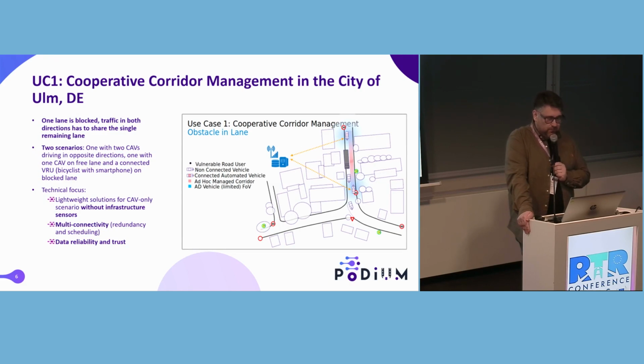There we have two different scenarios. One has two connected autonomous vehicles driving in opposite directions, and they have to decide how to cross this obstacle without the use of external sources, without the physical infrastructure, without the sensors that are located at the crossroad, using only their own sensors and their connectivity in order to exchange data. And the second scenario is with the use of the physical infrastructure, where also a VRU, a bicycle, is part of the scenario and has no connectivity and has to be taken into consideration by